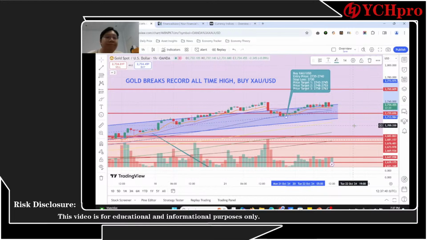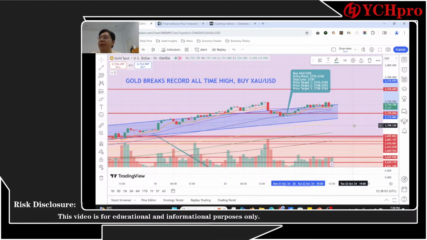Okay guys, I'll be giving you some of the signals later on, but for now we'll just be looking at the gold charts, and we are also trying to look at the US dollar index, because the US dollar index has been quite tricky for us. It has been giving us some kind of problem on that side as well.